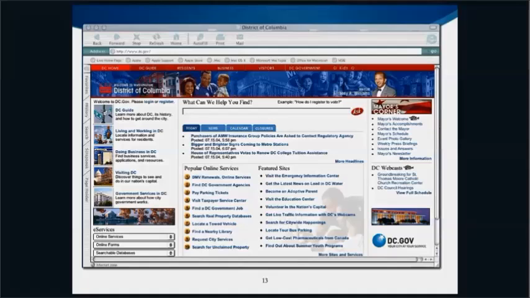So transportation had its own, sanitation had its own, public works had its own, economic and community development had its own, the mayor's office had its own computer system, HR had its own computer system, finance had its own computer system. There was a different one for budgeting. It turns out that when Mayor Anthony Williams came in, there were over 300 different computer systems,